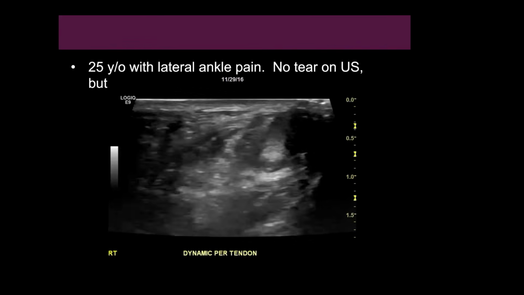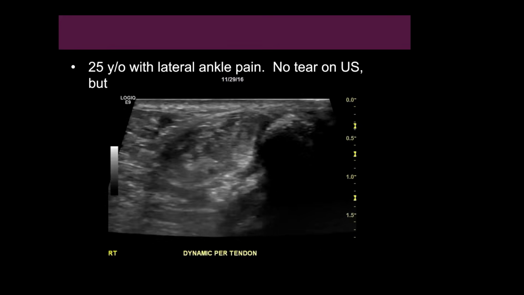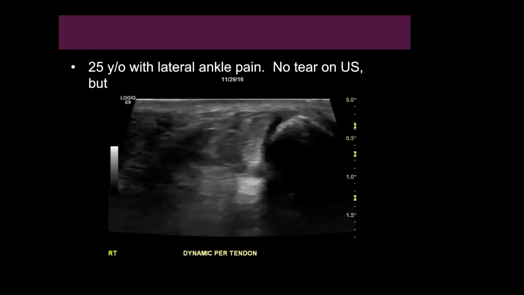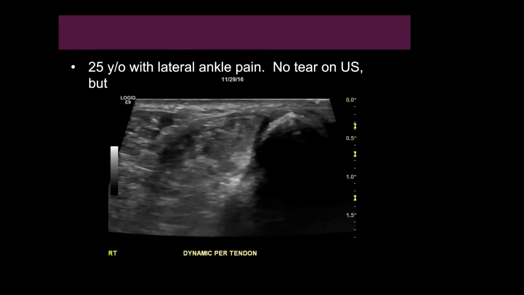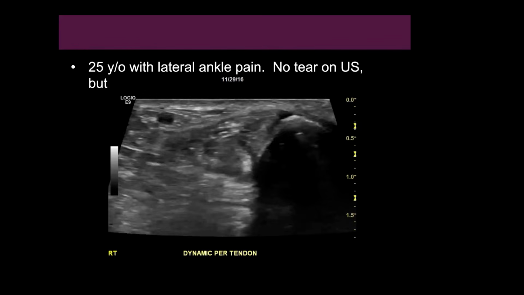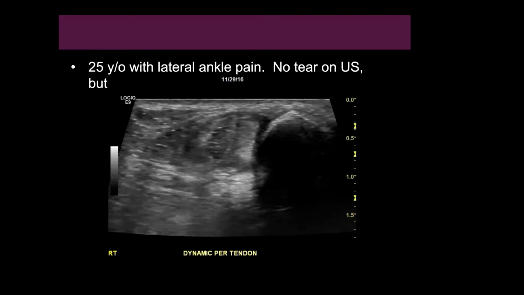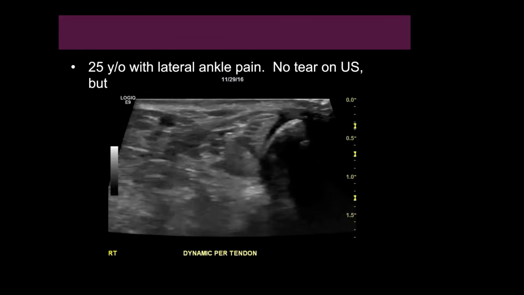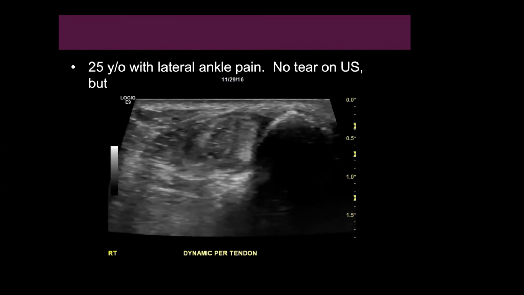So say you scan the patient and this is what you see. And you can see how the tendon echotexture looks normal with both the peroneus longus tendon and the brevis tendon. It's hyperechoic and fibrillar. But this patient had an intra-sheath subluxation of the peroneus brevis tendon. You could see how that peroneus brevis tendon kind of slips above the peroneus longus tendon as they're circumducting their